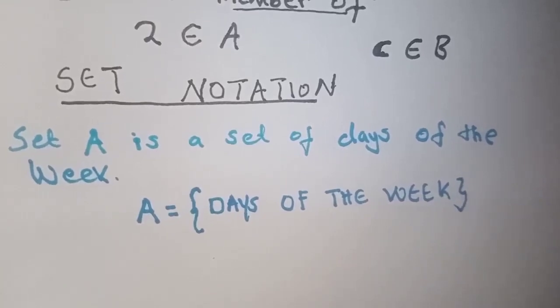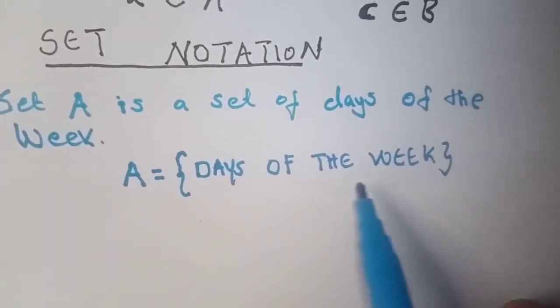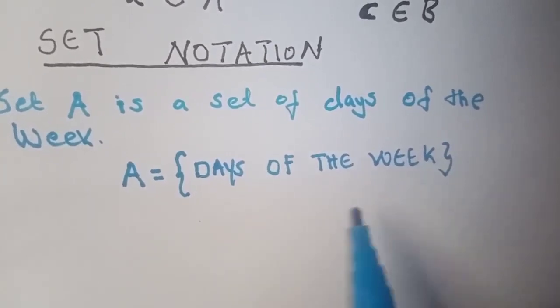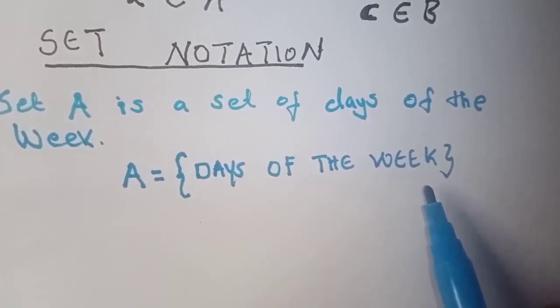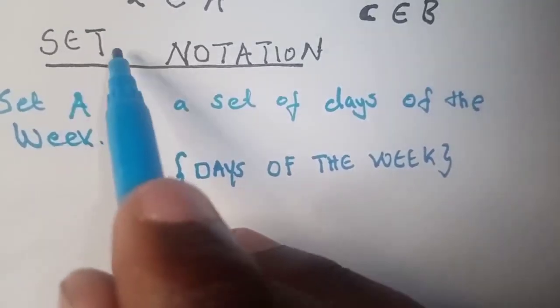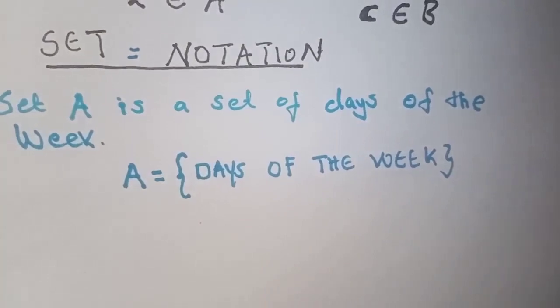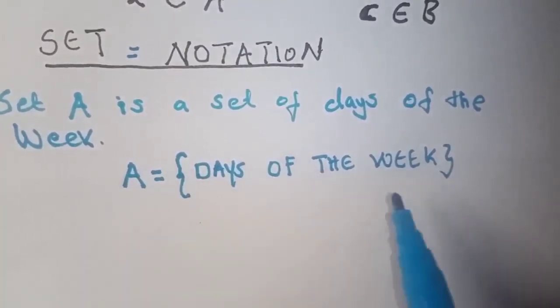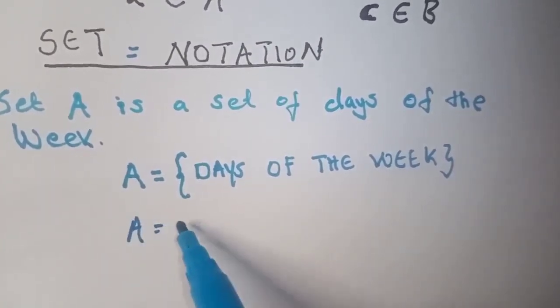Okay, set A is equal to days of the week. Now I don't want to list all these sets, so I've just written days of the week. We call this type of set, we use set notation. The way we show set notation, we're going to say A is equal to,